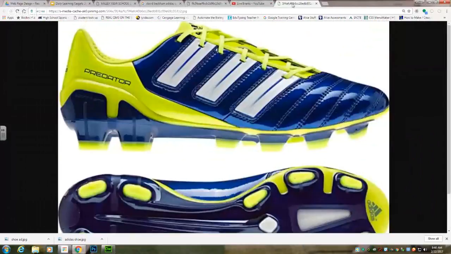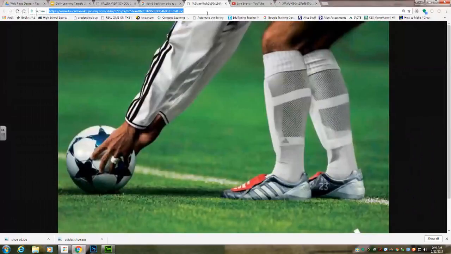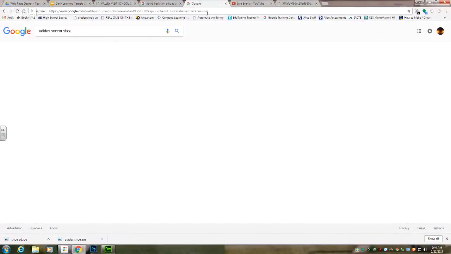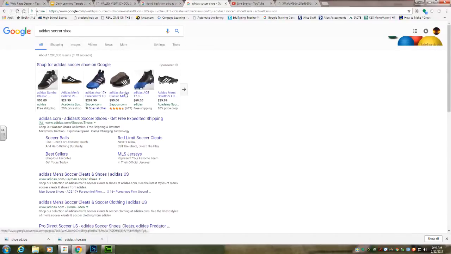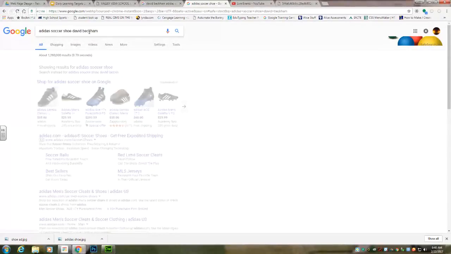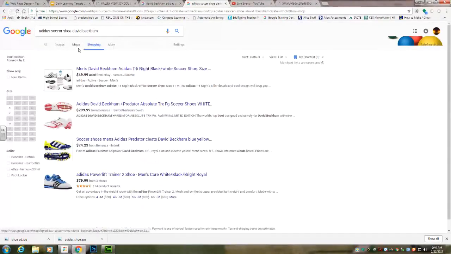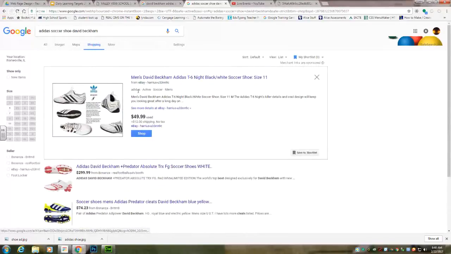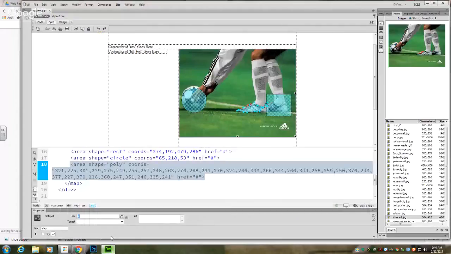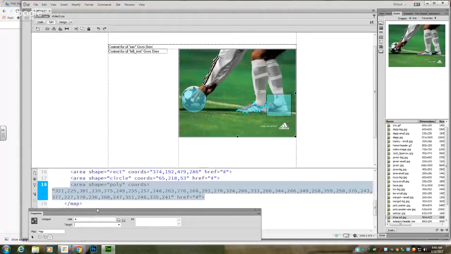let's see if I can go to, I'm just going to Google search Adidas soccer shoe and see what pops up. I forgot what those are called. I honestly cannot remember them. David Beckham. Let's see if David Beckham shoes come up. There you go. So if I go to shopping, say I wanted to direct them to this website right here to buy them, which is an eBay site, I would just highlight the URL, paste it in the link,